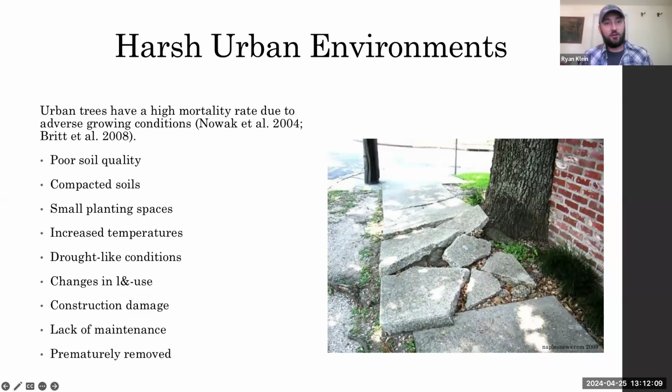So typically urban trees are going to have a shorter life expectancy than if you have a tree in an open area like a park. Anytime there's impervious surfaces and small planting spaces, it's going to potentially reduce the life of the tree. And then certain things will do well in these areas, and unfortunately they end up getting planted heavily. So we got to make sure we don't plant monocultures.